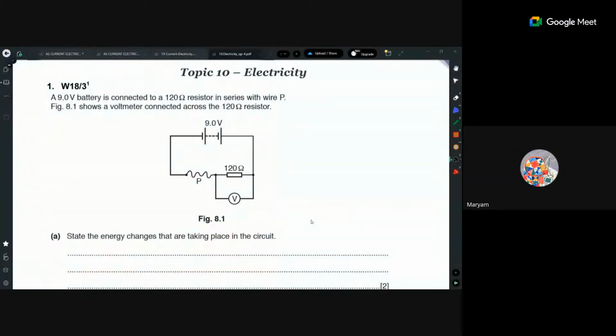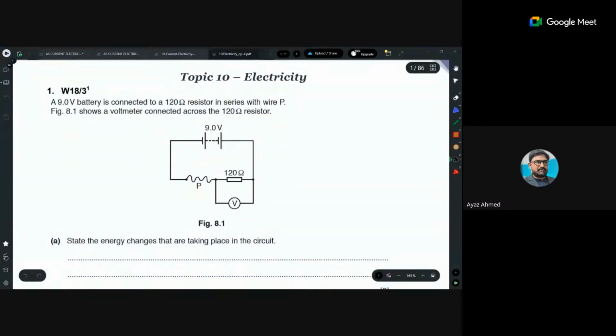Internet has not yet recovered. I'm taking classes by morning, but yes, now is it shared? Do you see that? Yes, sir. Okay, the topic is electricity. If it is shared, then Alhamdulillah. Okay, so